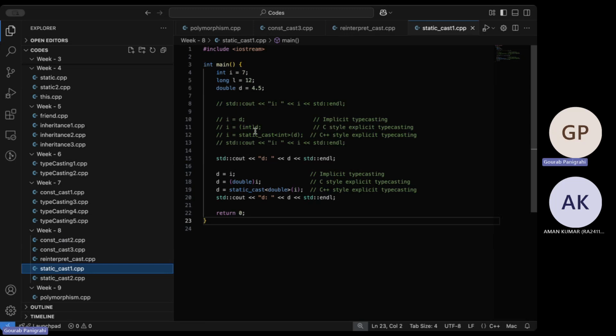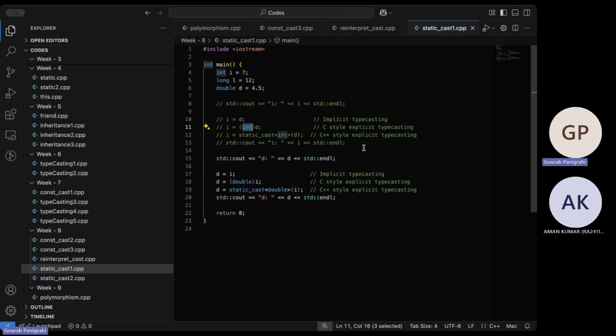You can do this explicitly also, as we saw before. C really doesn't distinguish how you're typecasting. You just use brackets. Syntax-wise it's simple, one syntax for everything, but the intention is lost.